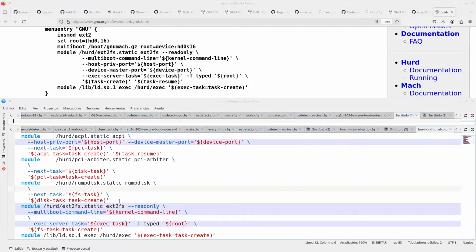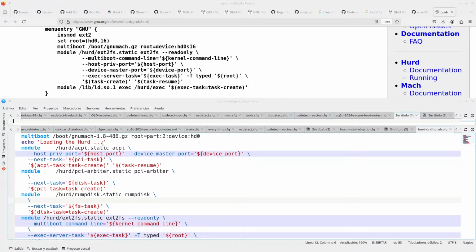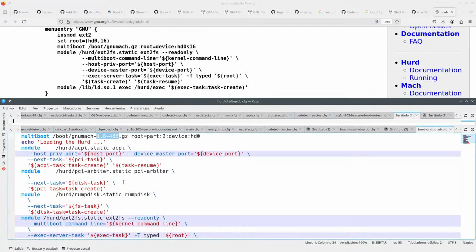So I'm going to just copy and paste this, and that's it. I mean, it's the most recent Hurd thing, and we're going to search for this. And wait a moment, there's no initrd because there's no such concept as initrd. You only have tasks, and those tasks are actually modules. So ACPI, PCI arbiter, ramdisk.